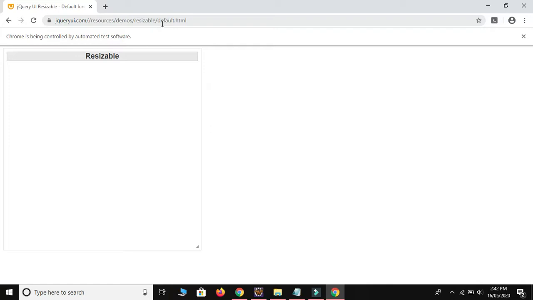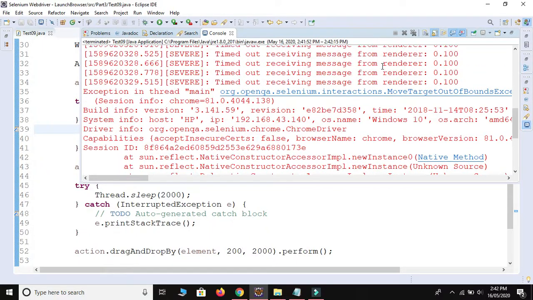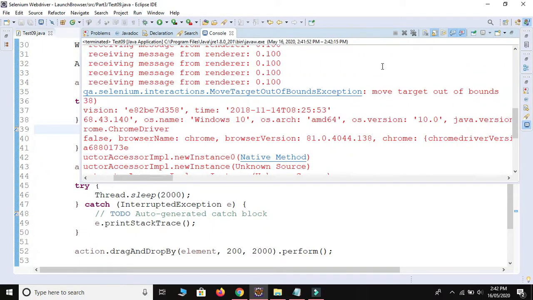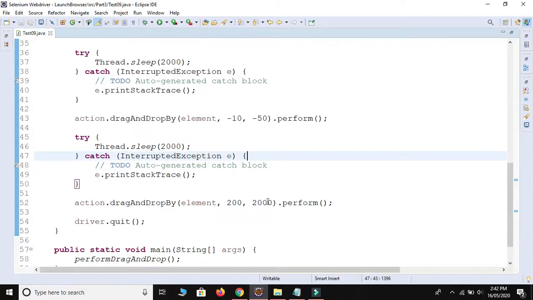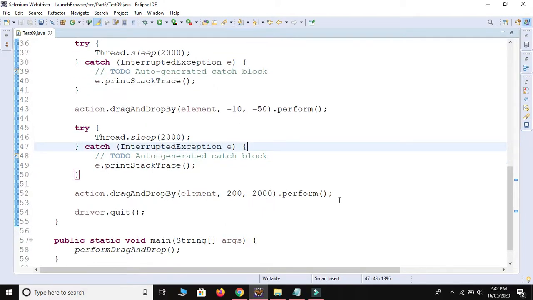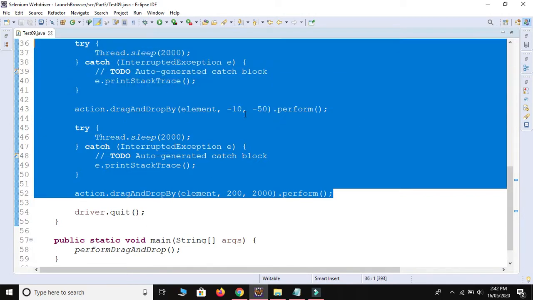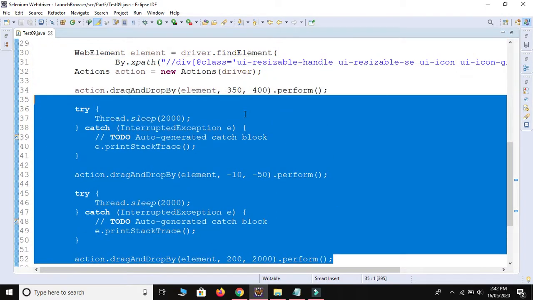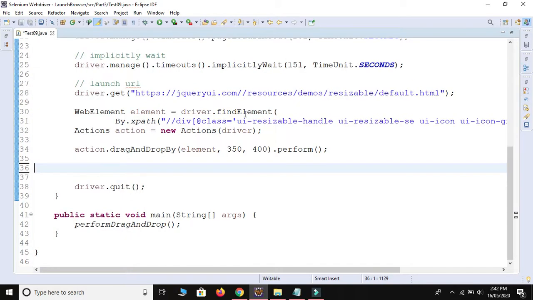Okay, let me close this one. We got some move target out of bounds exception. Actually I am not able to see what the boundary value is, so better to remove this code. I had written this code to give more ideas, but better to use it only one time.